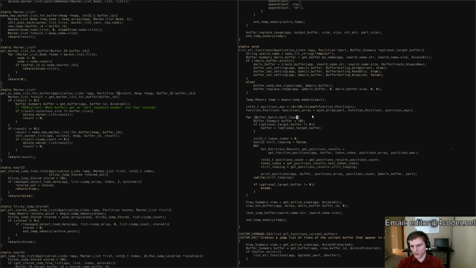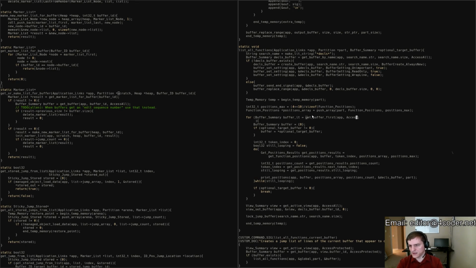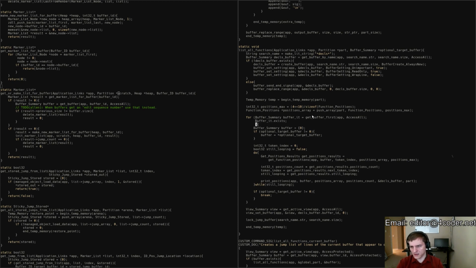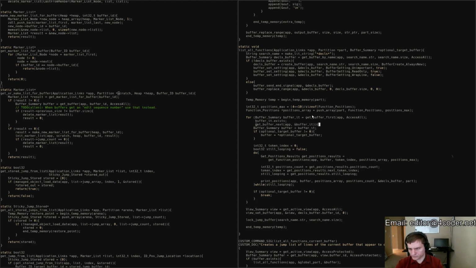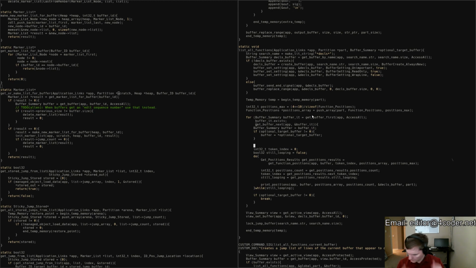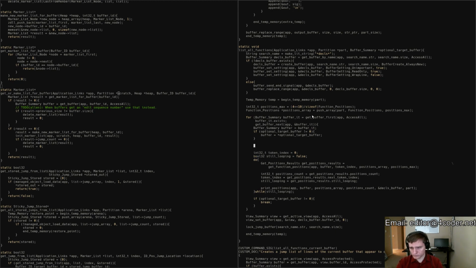But if we don't have the optional target buffer, then it will do the full loop. And what is the full loop? We're going to have a buffer summary buffer it equals get buffer first. Get first, what is this? Get buffer first. There it is. App access all. Buffer it still exists. Right here we put down the buffer it. And get buffer next. App buffer it. Now, if buffer,